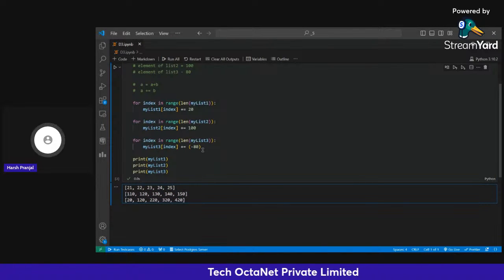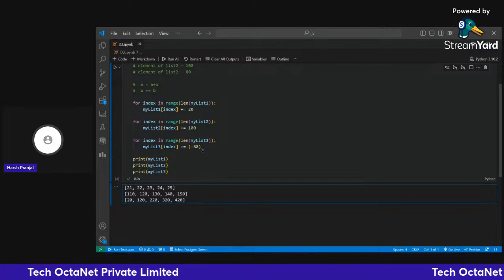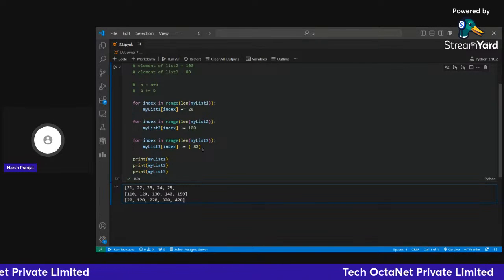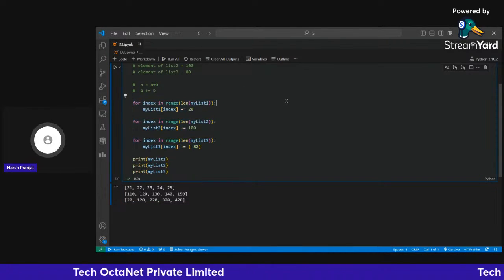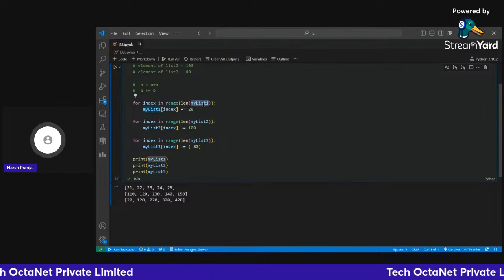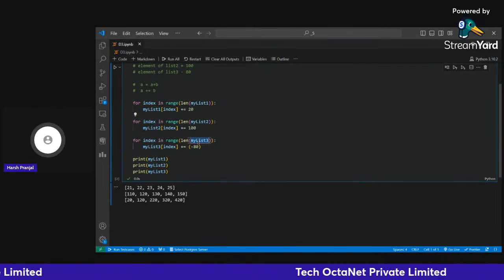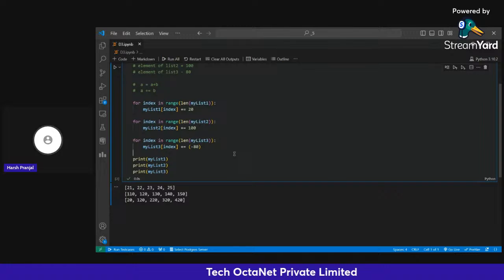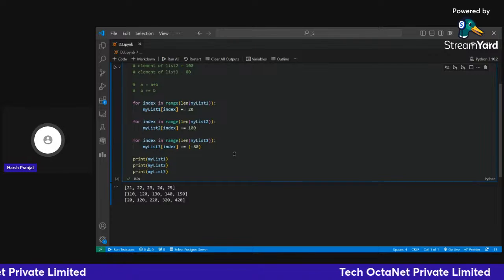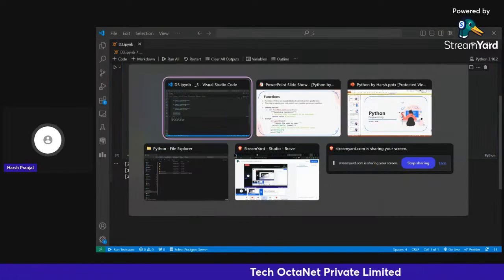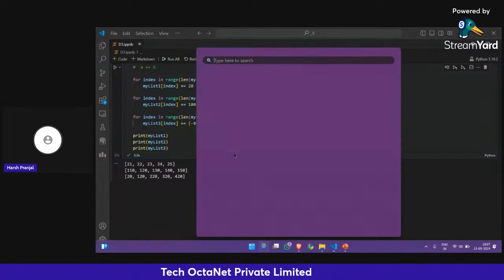Suppose you have hundreds of lists, right? My list 1, 2, 3, 4, something like that. You have 100 lists, and you want to add certain values to each and every list. For those types of scenarios, you have to create multiple for loops, right? Here we have created a for loop for list 1, list 2, list 3. Suppose you have list 4, then you have to create a new for loop for list 4, then again a new for loop for list 5. So how do we tackle these kinds of problems, right? There is a new concept which is known as